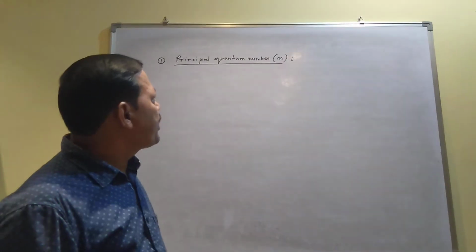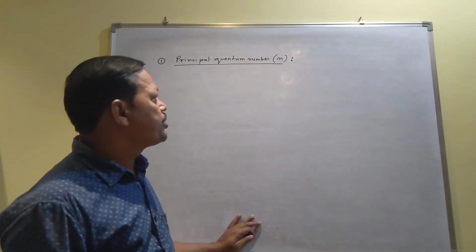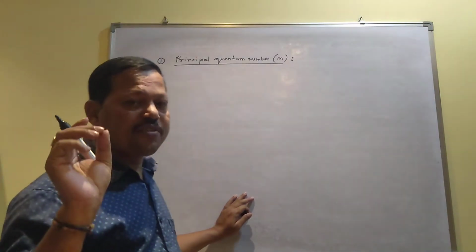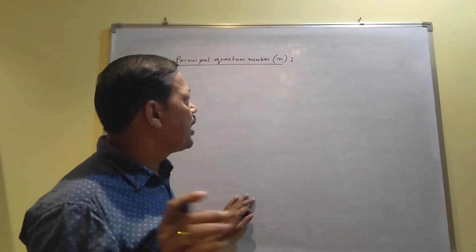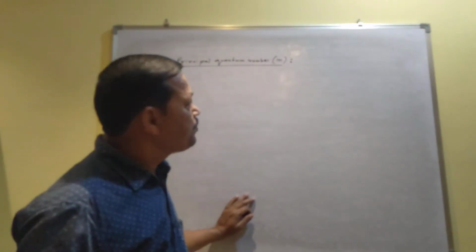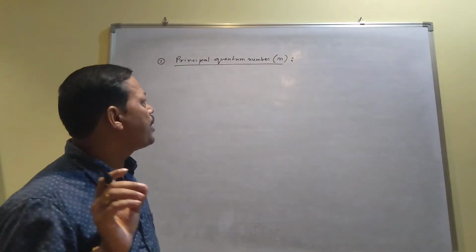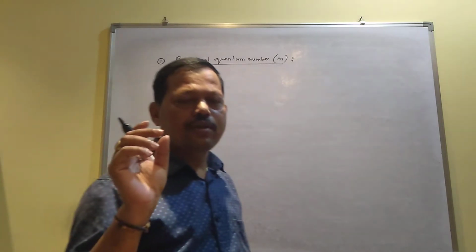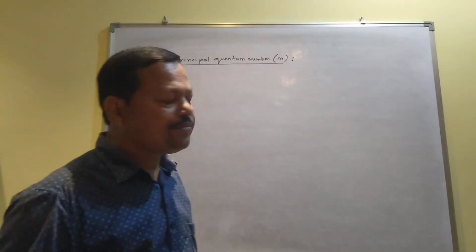Okay, we are studying about the quantum numbers. These quantum numbers are very important for this class 11, and this is a completely new topic. That's why you should understand this topic. So in the last class we studied the principal quantum number, which is represented by the symbol n, and